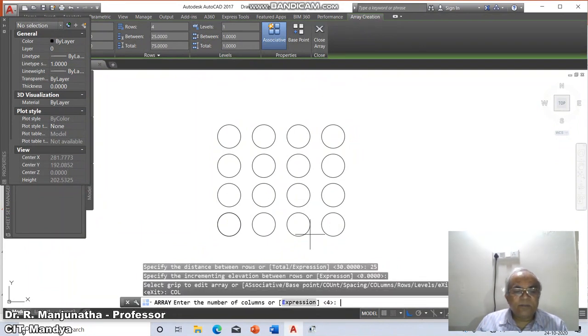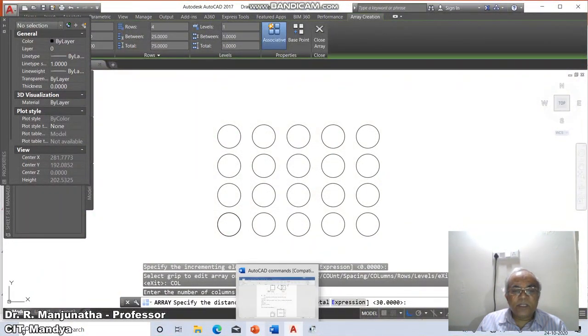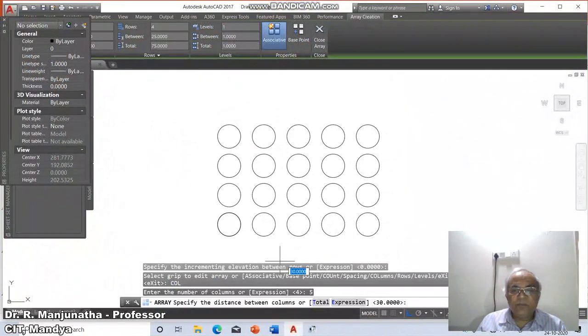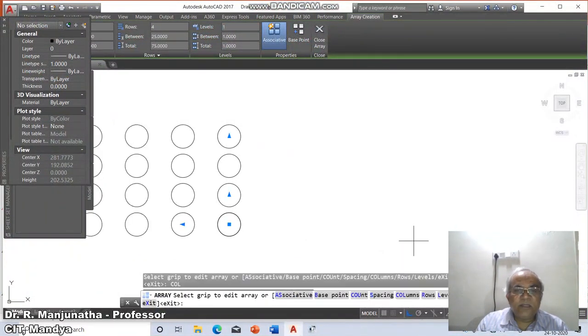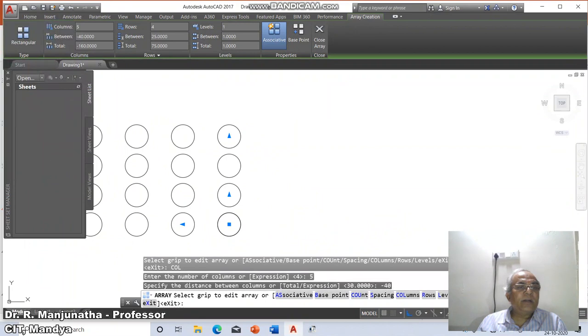Enter the number of columns. I want 5 columns. Then specify the distance between the columns. The distance between the columns is this distance, which is 40. Now here, instead of giving plus 40, we will type minus 40 and see what is the difference. So this is how you will get it in the second quadrant.